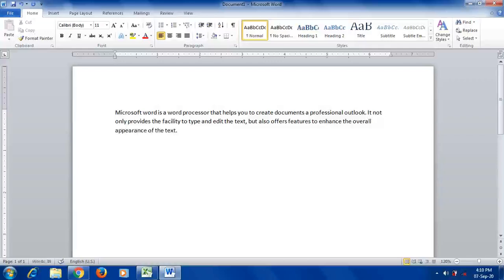Okay, so this is inserting the text. Now I inserted the text by typing. I kept the cursor and just went on typing the text using the keyboard.